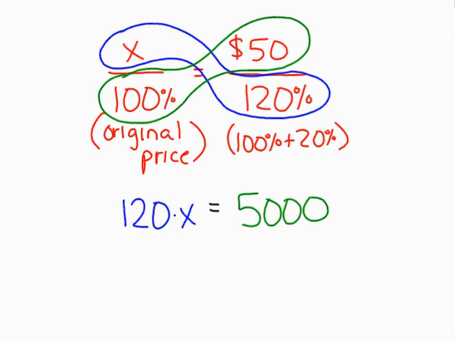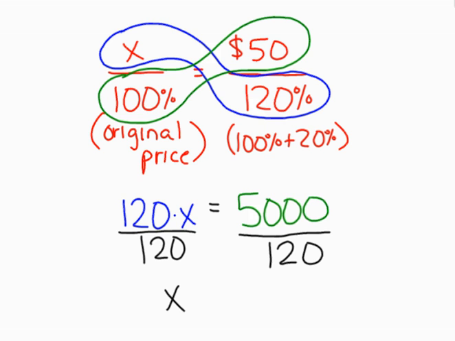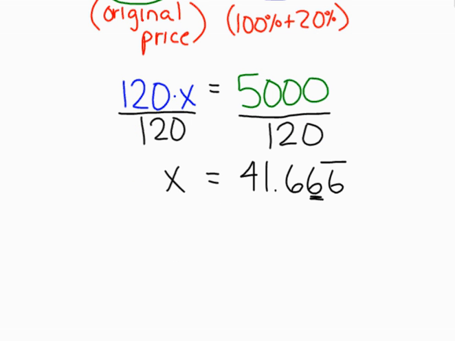And then from here, I can divide by 120 on each side to get x by itself. And unfortunately, this one doesn't come out to a nice whole number. If you divide that out, it's going to come out to 41, and then it's going to be 0.666 repeating. Since we're talking about money, I want to round to the hundredths place. So I would say that x is equal to